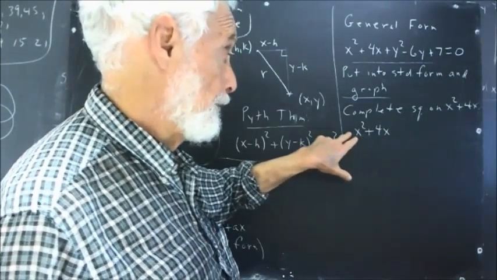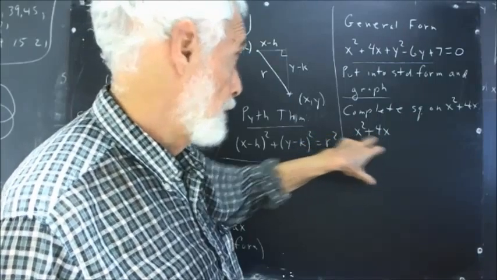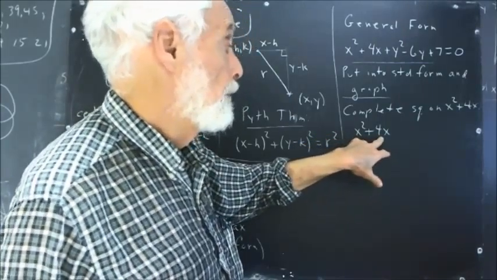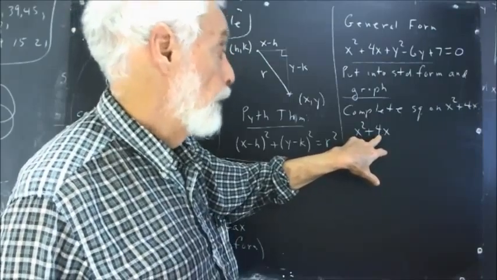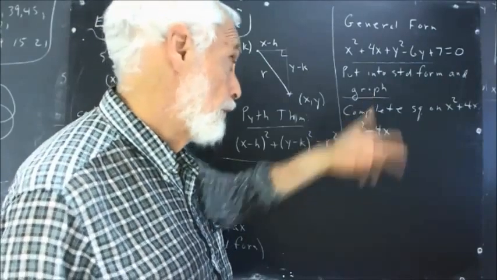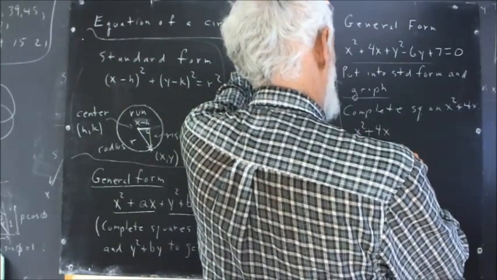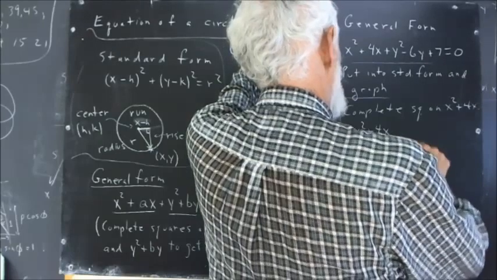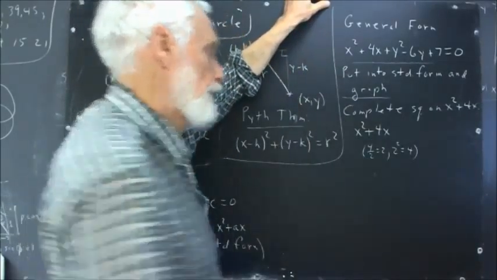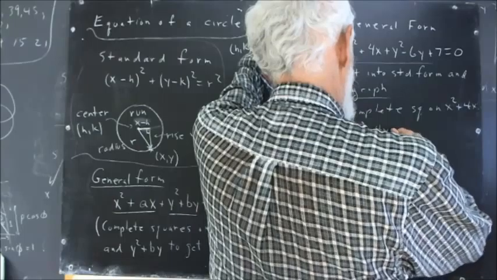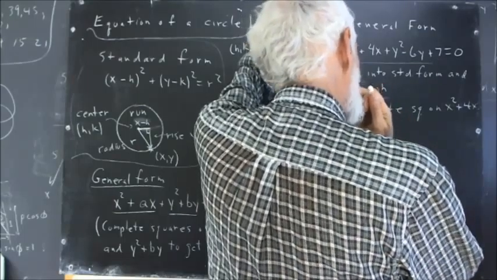Now part of the rule is that we got to have a 1 in front of x squared, but we've got that. So we can safely square 1/2 of the 4. Half of the 4 is 2, and 2 squared equals 4. So what are we going to do? We're going to add 4